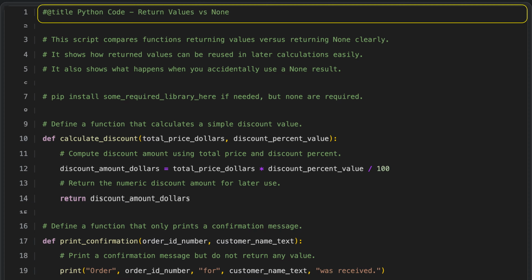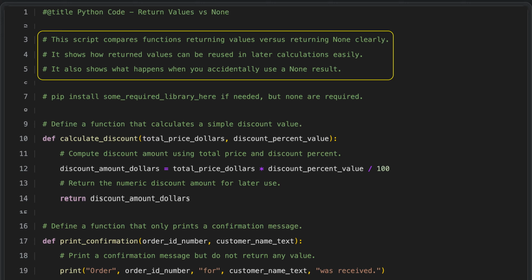Python code. Return values versus None. This script demonstrates the difference between functions that return a value and those that return nothing, or None. It shows that when a function returns a value, that result can be easily reused in later calculations. It also illustrates what happens if you mistakenly try to use a result that is None, highlighting why understanding return